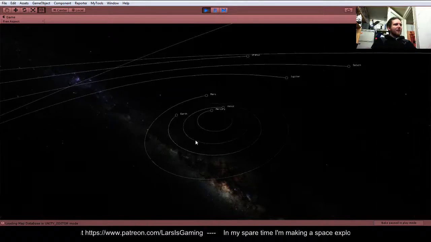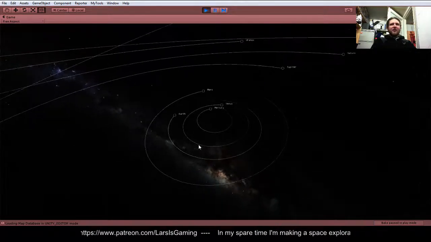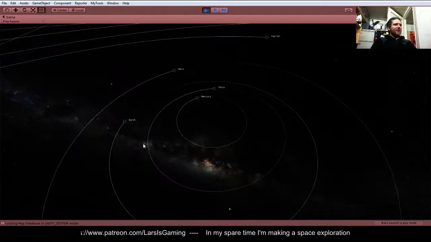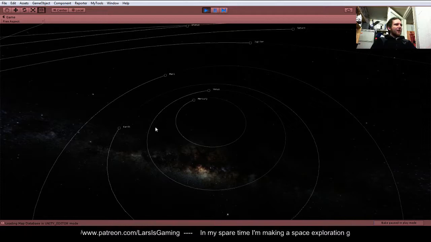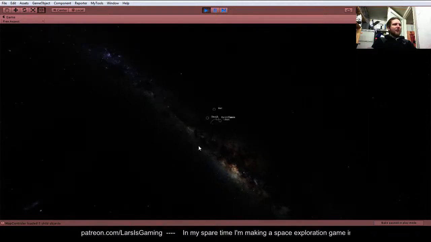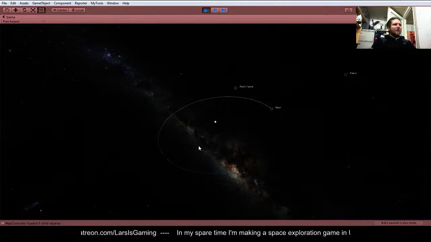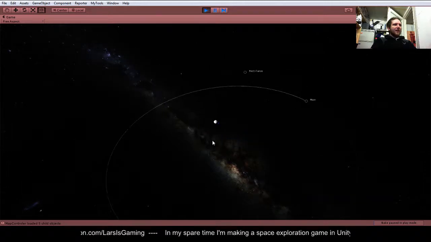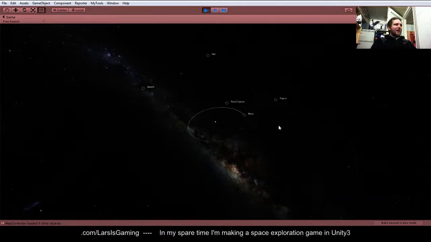If I zoom in, there's no sun at the moment. I've not loaded in the prefab for that, and all of the planets are just loading in as spheres at the moment. If we double click on any of the icons, it will switch over to that and it will load in the background. It will load in all of the items around that. So you can see we've got Earth and the Moon, and then we've got the